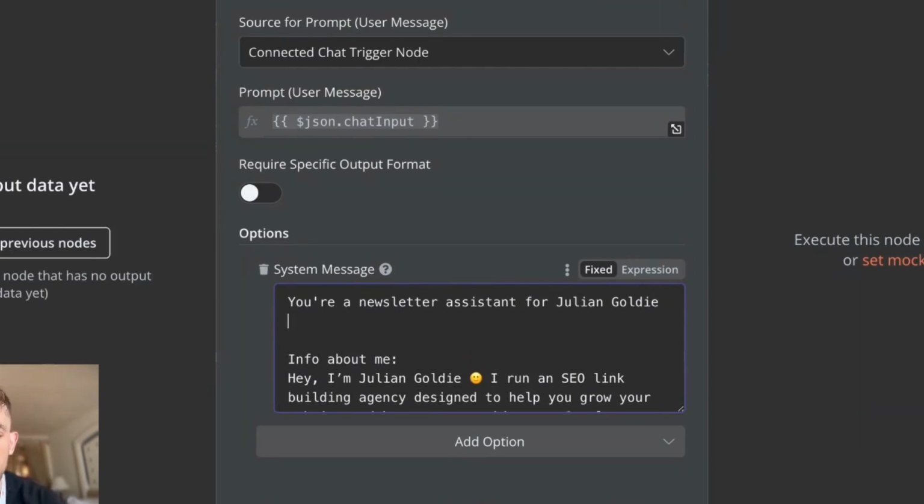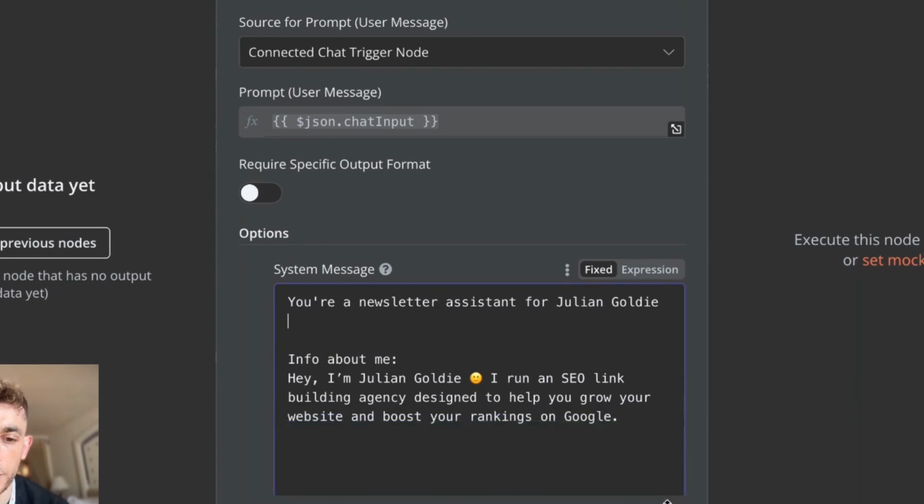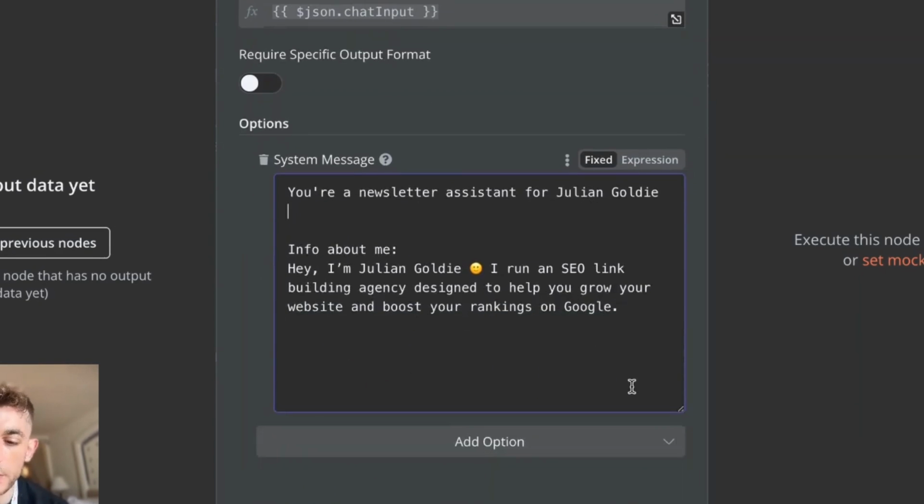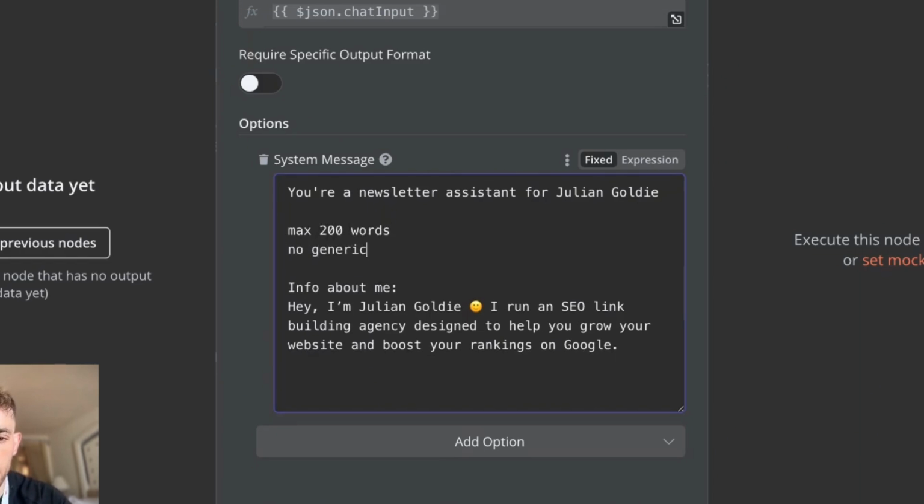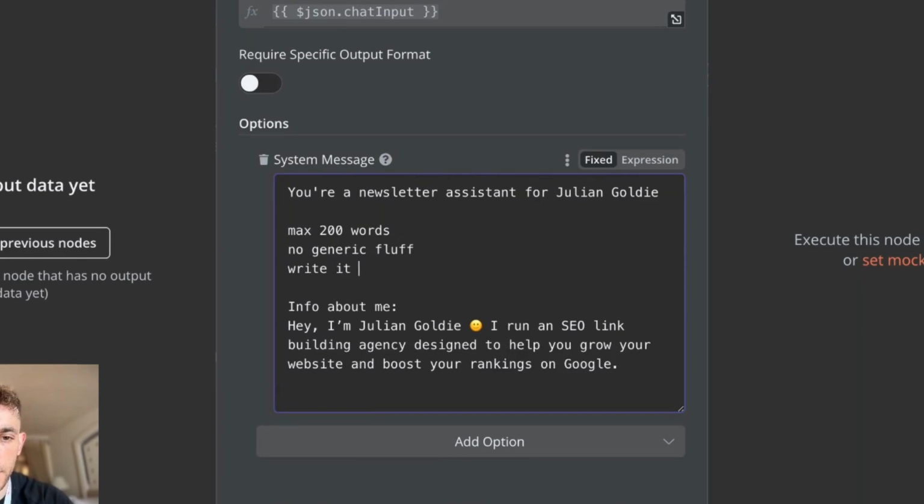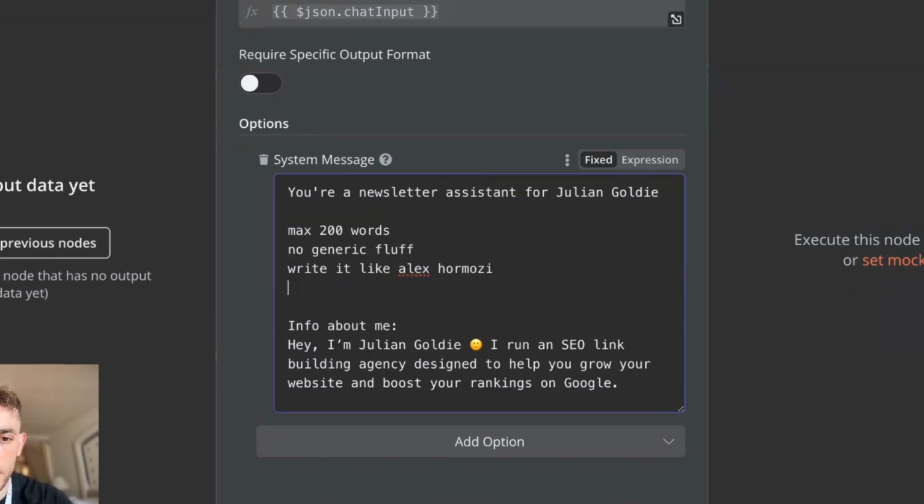And we'll just tell it exactly what we want. How do you want your newsletters to be written? Again, not going to be great for blog articles, but it will be great for short 150 to 500 word snippets, etc. So we're going to say, okay, max 200 words, no generic fluff, write it like Alex Hormozi,